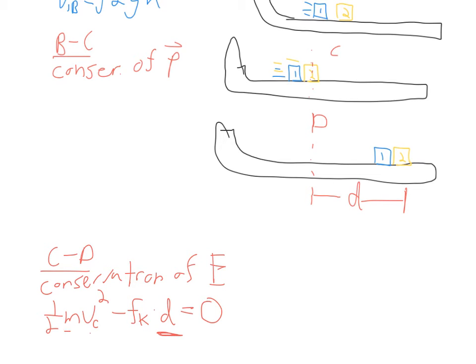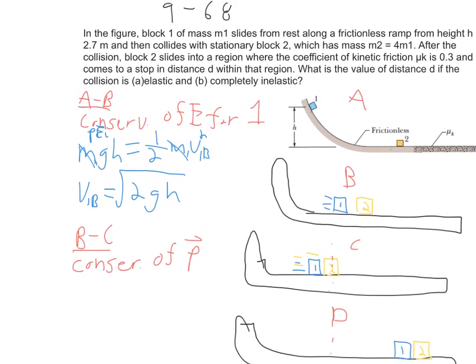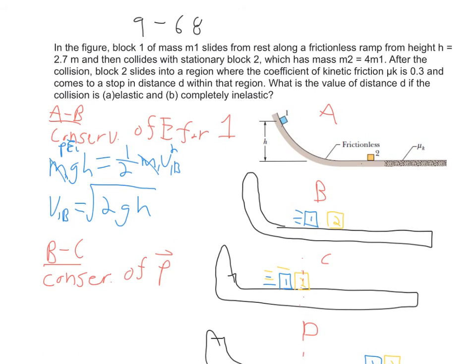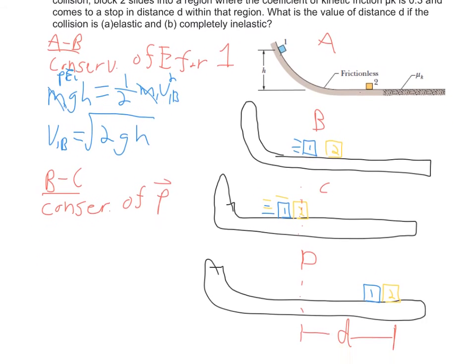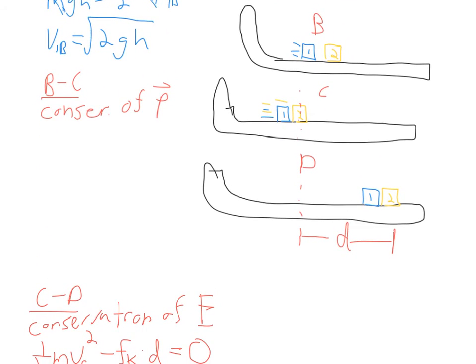If we can find what mass is moving and what its speed is at point C, then we can determine that distance d. So the key becomes determining how fast block 2 is moving at point C, because we're trying to find the distance that it goes. Now this is where we have two different variations. We can look at part A, where we have an elastic collision, and so the velocity of block 2 at point C after the collision is going to be equal to, based on the equations we learned in class just the other day,